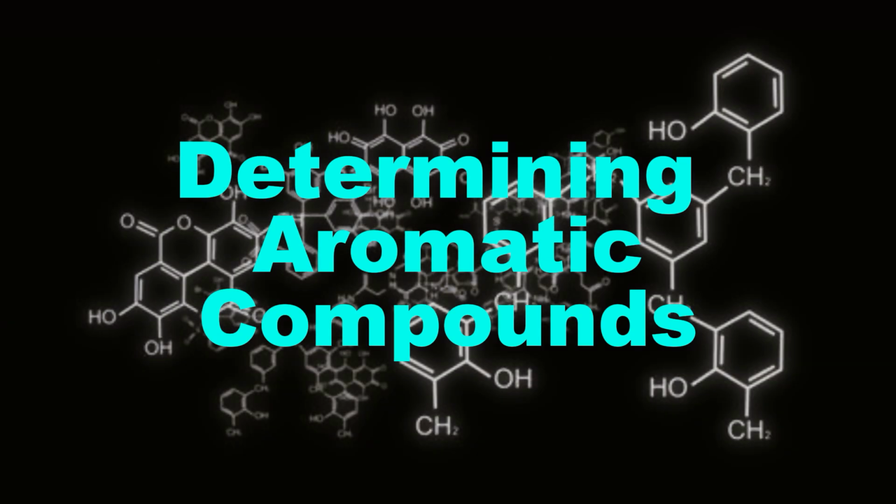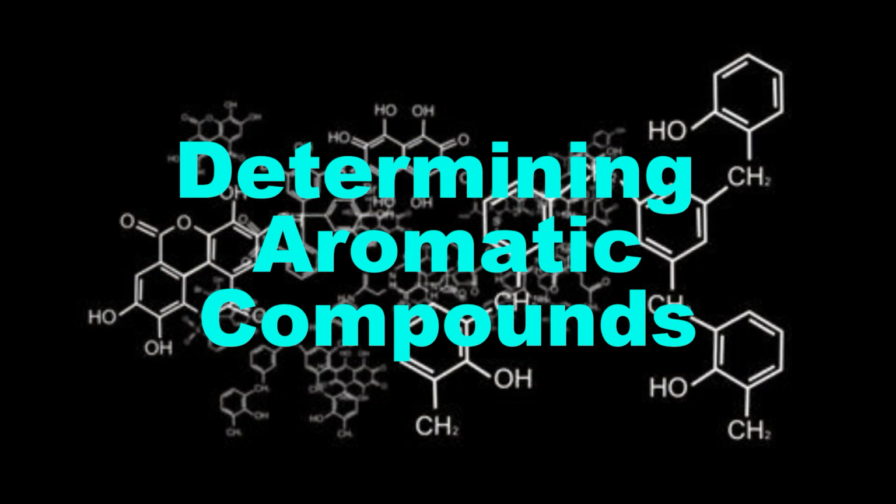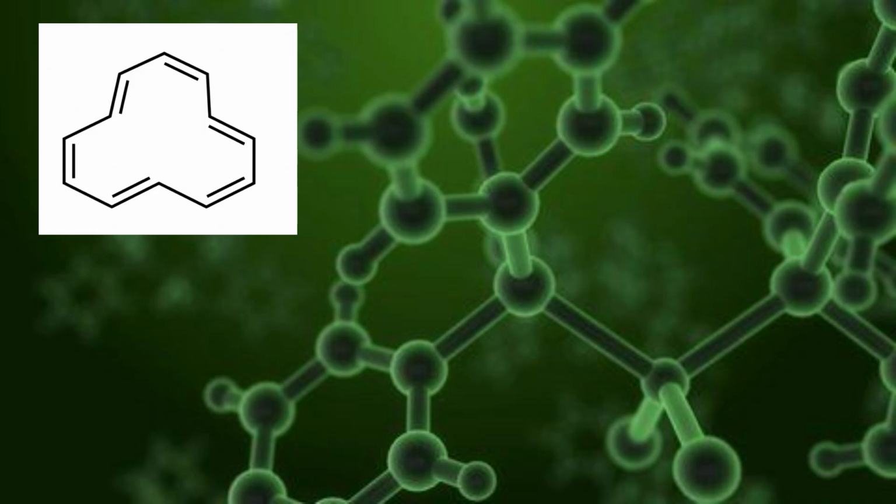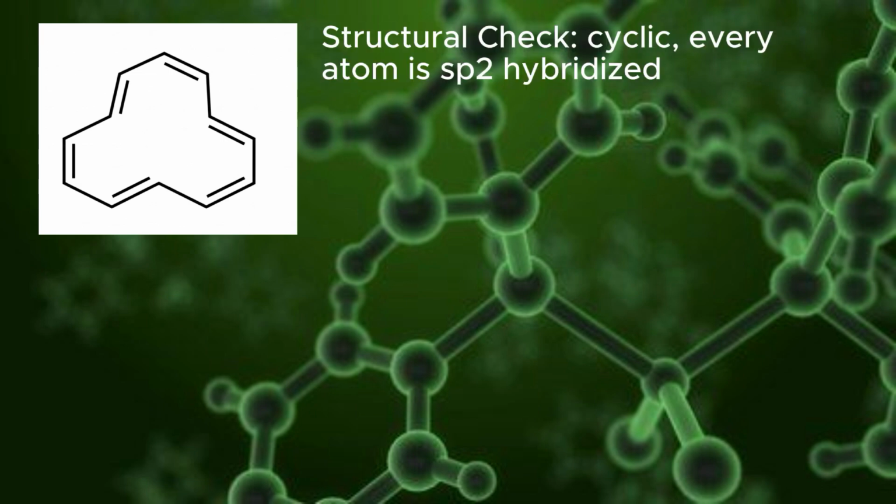Determining aromatic compounds. Let's continue applying our rules to finalize the classification for the remaining structures. We will focus on the interplay between structural requirements and Hückel's electron counting rules. Case 1, the 12-annulene system, structure 1. Looking at our first example, we find a large cyclic hydrocarbon. Structural check, the molecule is cyclic, and as we observe, every atom is sp2 hybridized, meaning there are no obstacles